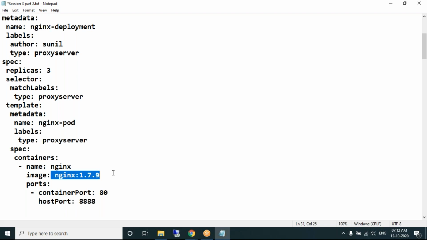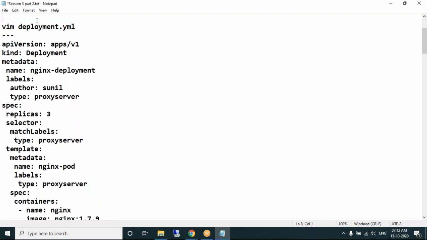As part of this example of the deployment object, we have clearly mentioned replicas 3. That means we should have 3 pods of Nginx.